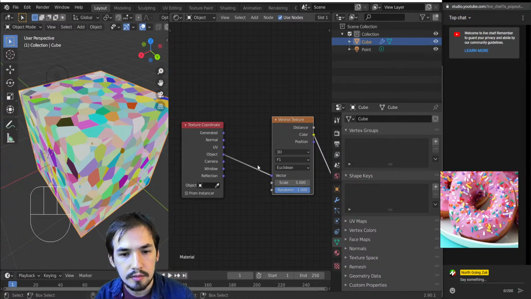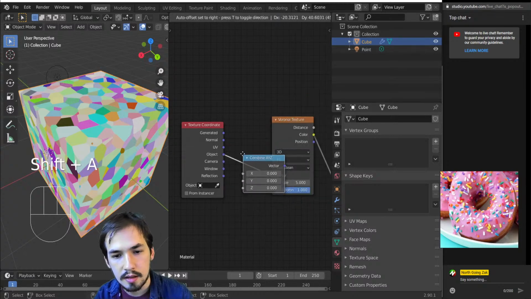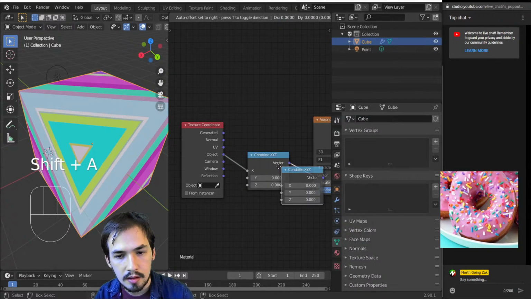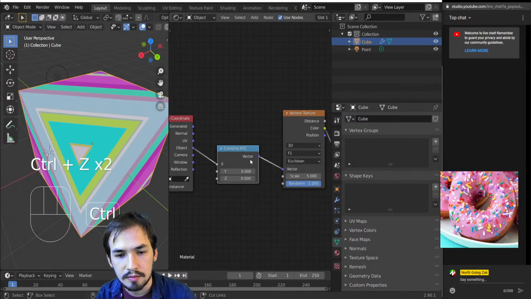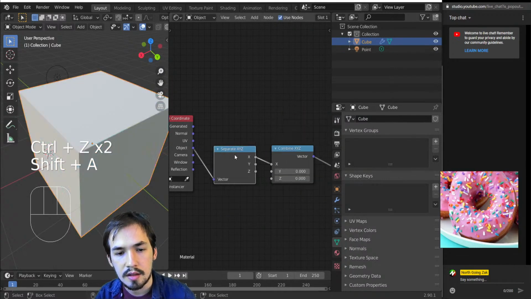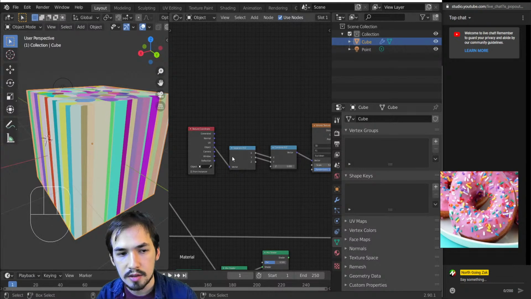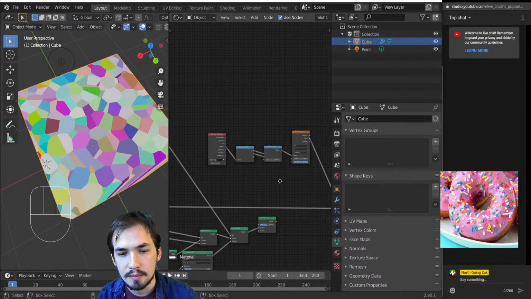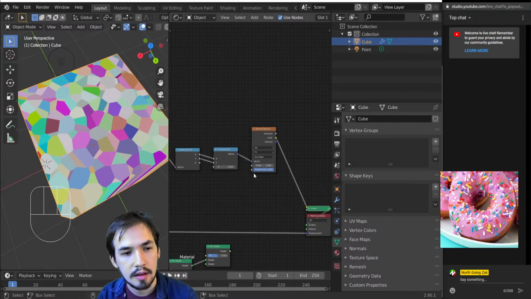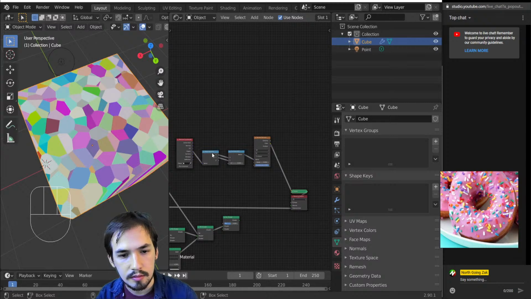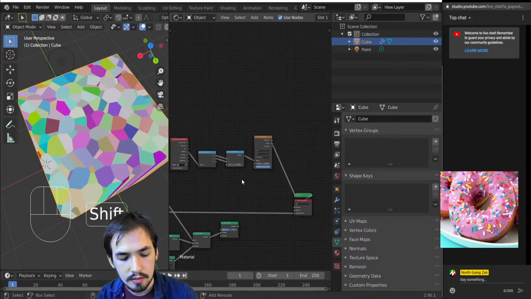And so I'm going to take out that x-axis to make it basically 2D. So separate. Oh wait. Separate and combine right here. Take out the z-axis just like we did in the beginning. So it just looks like that. And if we take a gradient, so here's a gradient texture,